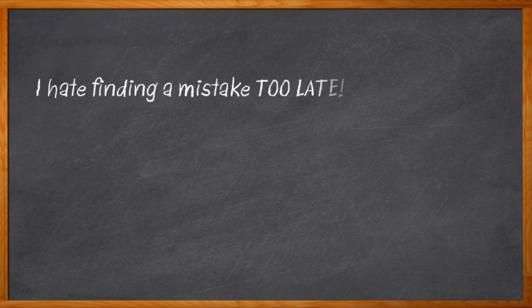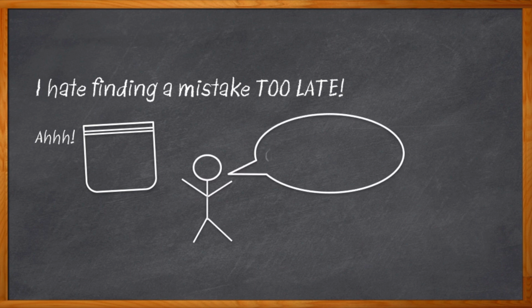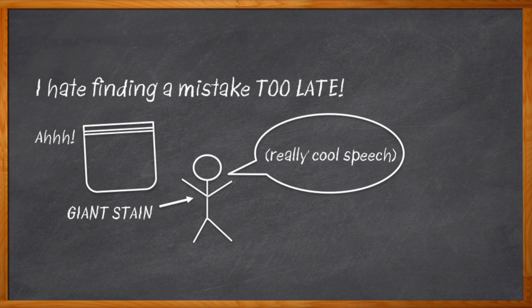I really hate finding out about mistakes just when it's too late. Like when you cut open a plastic bag and then, oh yeah, there's a zipper thingy right there. Or giving that conference talk and then noticing the giant coffee stain on my shirt. Yeah, that was embarrassing. But nothing compares to shipping your awesome product out the door, having everyone love it, and